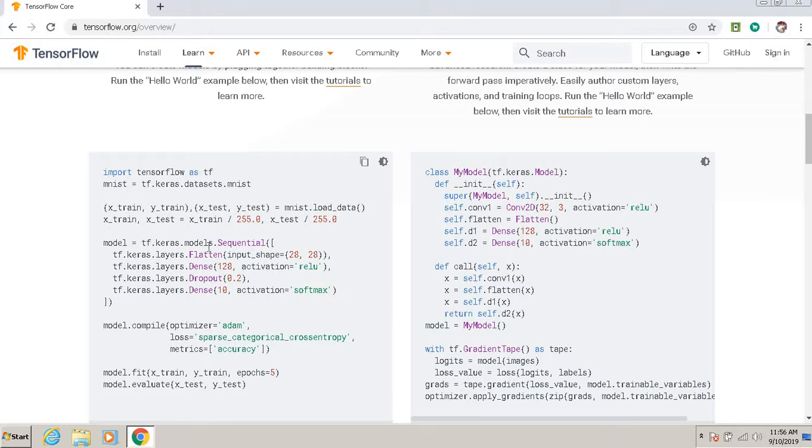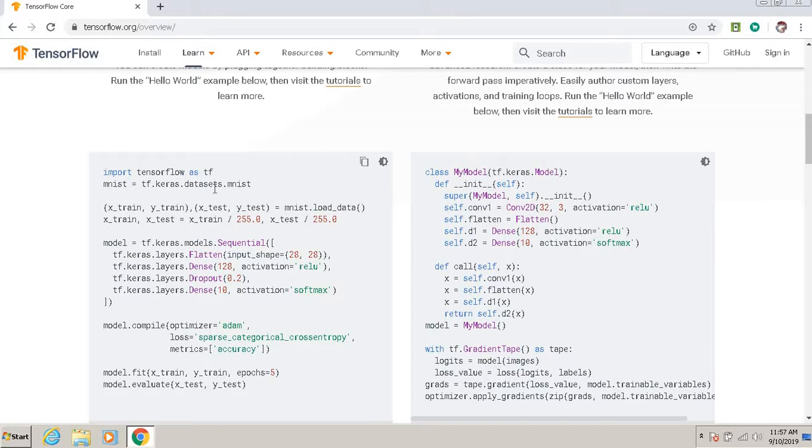So what we are doing actually in this beginner code, we are simply importing the TensorFlow library, and we are having an instance called tf. You can make any instance, you can give any name. Now when this library is imported, we are getting the data set which is MNIST. Now what is MNIST?